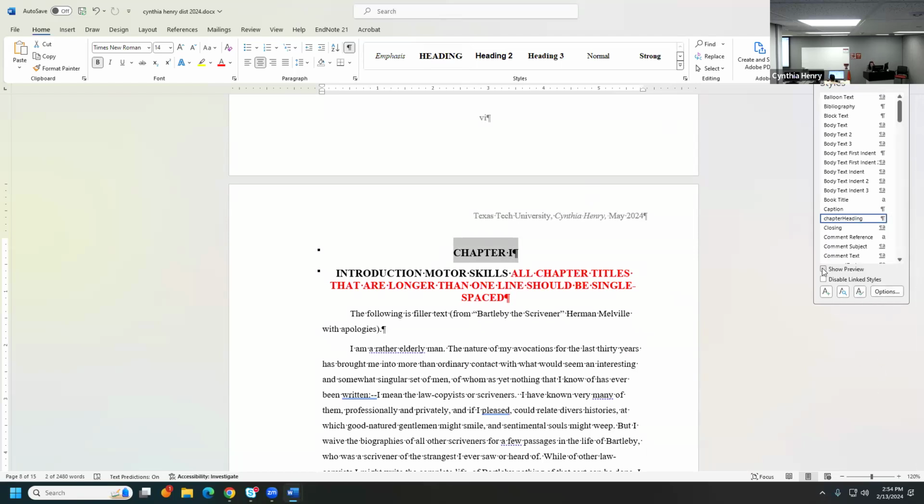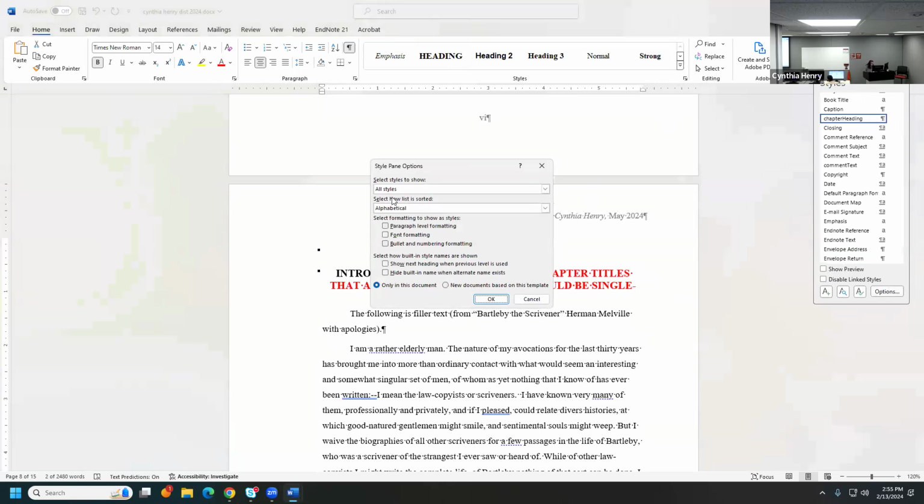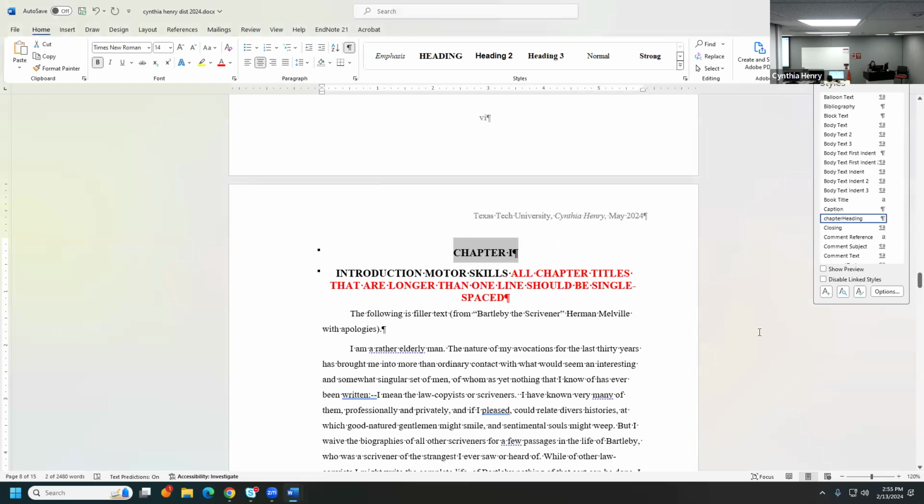Show preview, maybe we can see that. Maybe I have to fix something on here now. Paragraph formatting really showed next heading. This document only, yes, I wanted to apply all styles in this document. And that is,